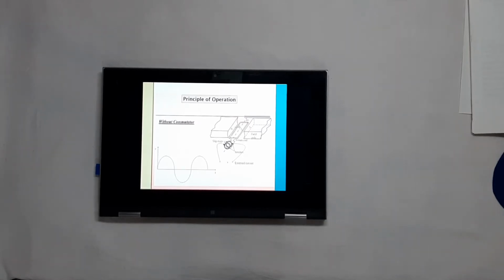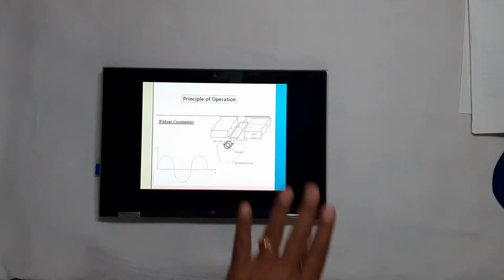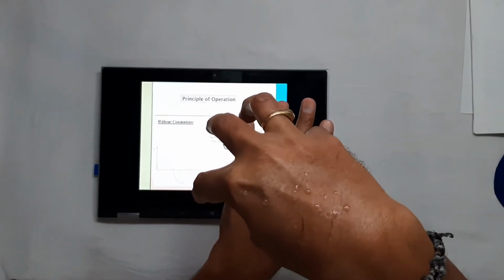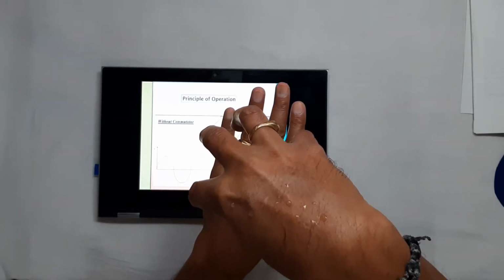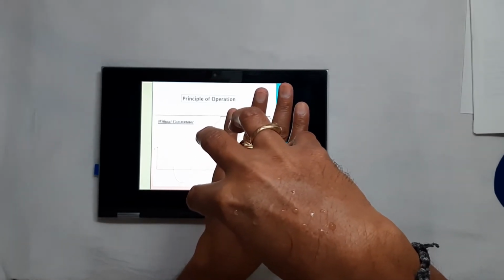In the positive half cycle, when the coil side comes under the influence of the N pole, and then under the influence of the S pole, its magnitude is changing. That is observed here. When the flux linking with the conductors is perpendicular to the lines of force, the coil is moving parallel to the magnetic flux. You can observe here, this is the magnetic flux, and this is a coil which is moving parallel to the lines of force. Therefore, the induced voltage is 0.